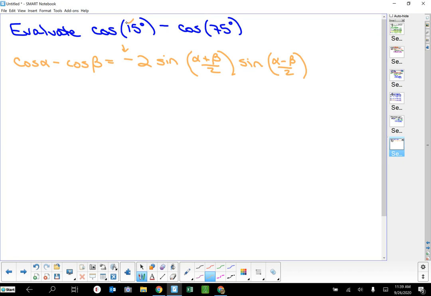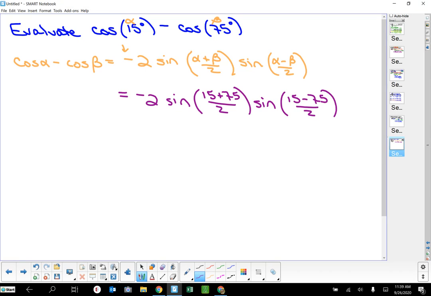And our alpha is 15 and our beta is 75 from the information given, right? So we're going to plug some stuff in here. -2 sine 15 plus 75 over 2 sine 15 minus 75 over 2